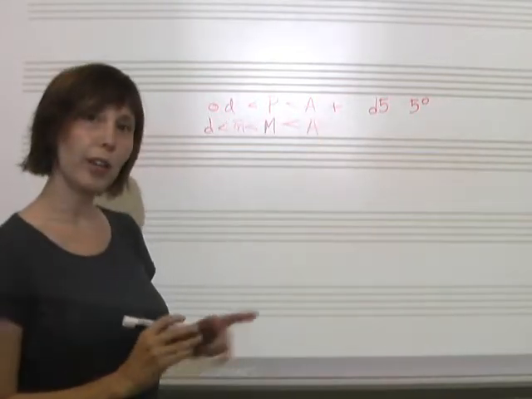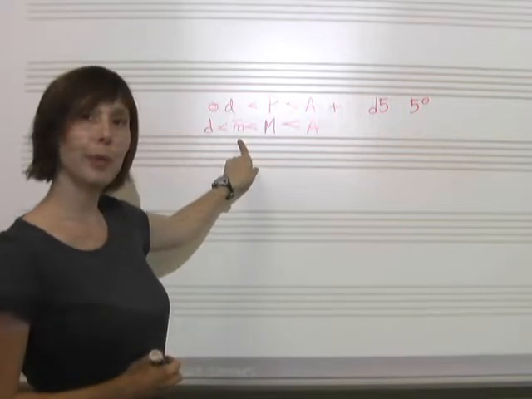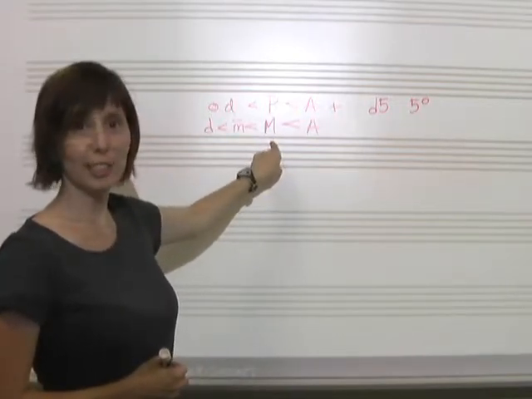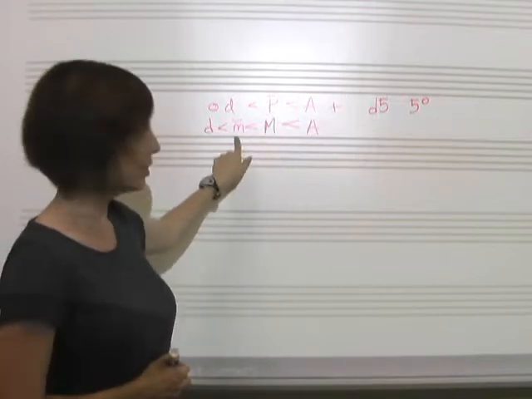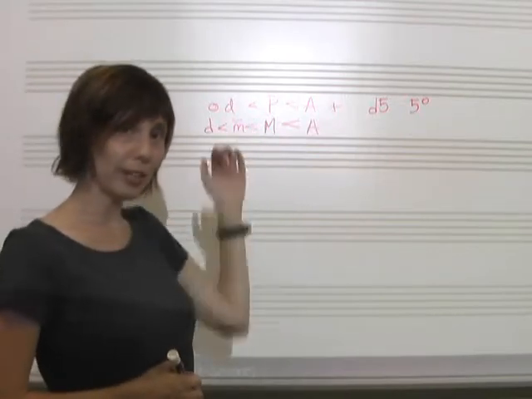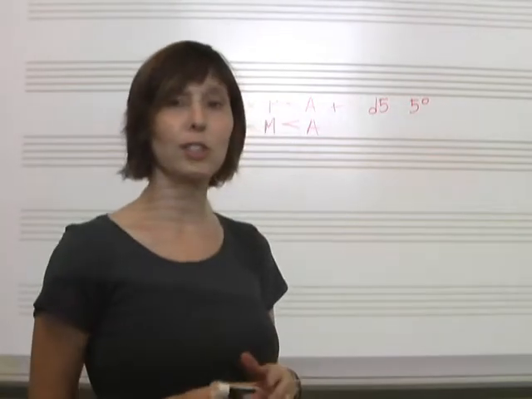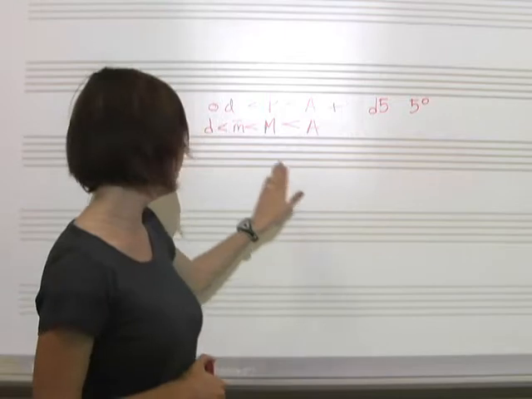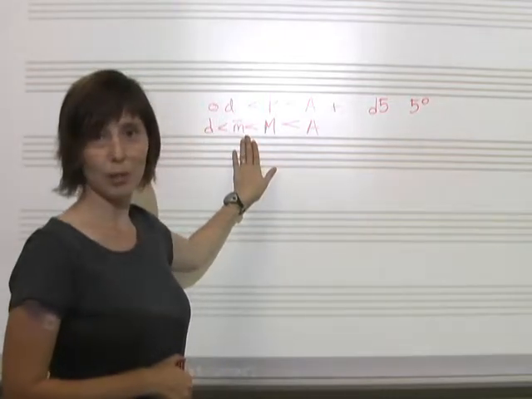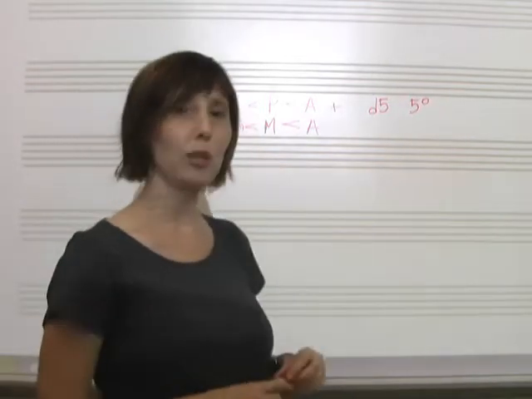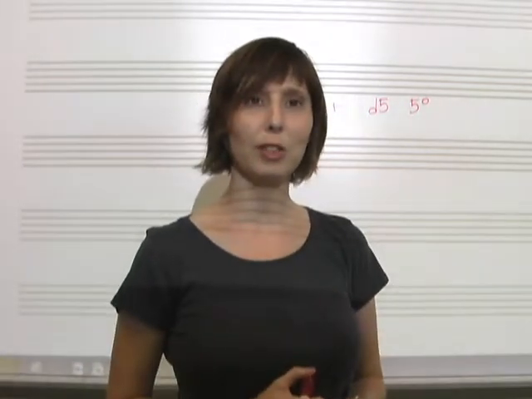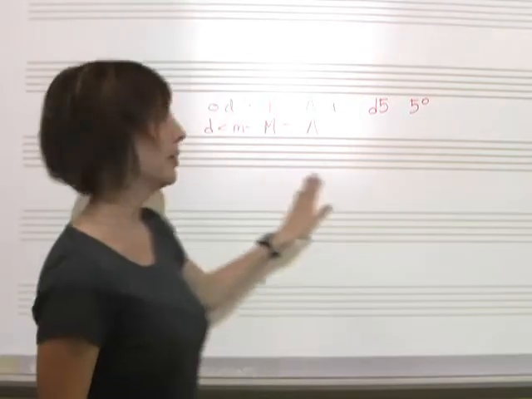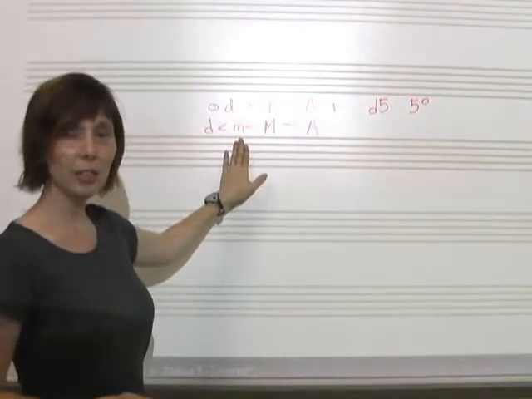Please take note that I've written minor as a lowercase m and major as an uppercase M. And you notice my lowercase m has a little line over it. For those of you who choose to do the worksheets for the class instead of the drills, I request that all of you write your lowercase m's this way, because often people's upper and lowercase m's are virtually indistinguishable from each other, and it's very hard for me to tell what you mean. But lowercase refers to minor,